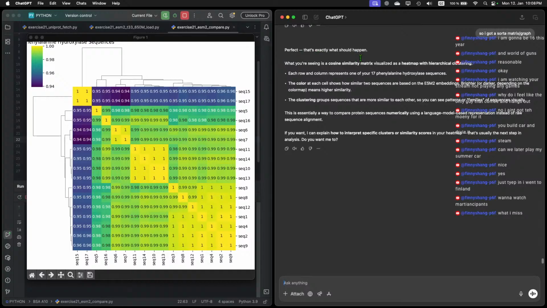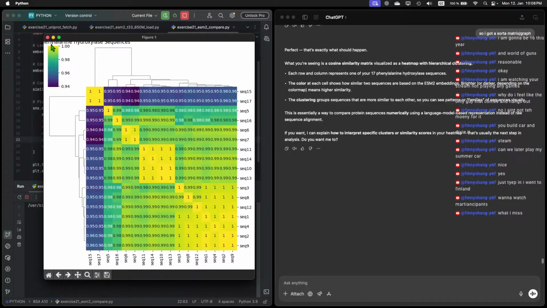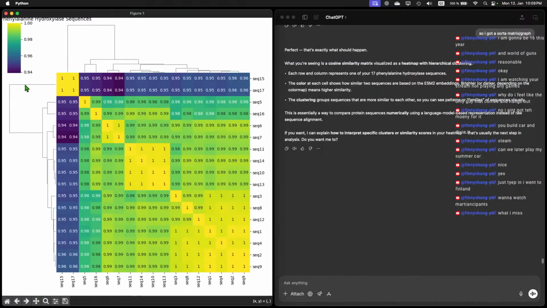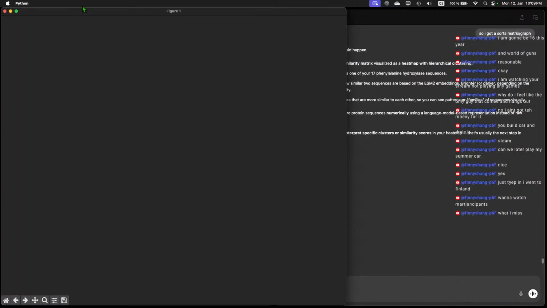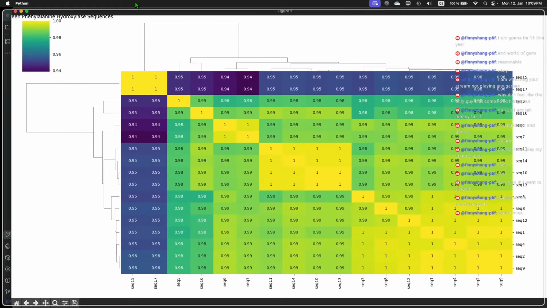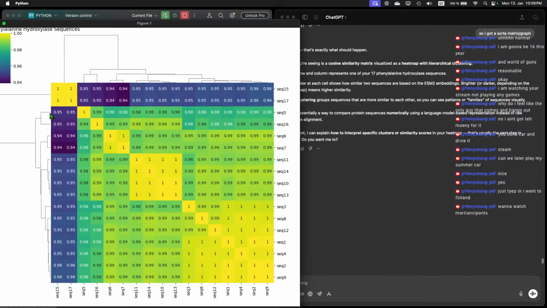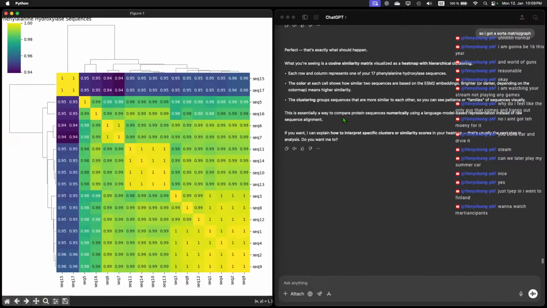Perfect. This is exactly what should happen. You're seeing a cosine similarity matrix visualized as a heat map. Okay, I can't read the whole thing, but I get it. Phenylalanine hydroxylase sequence. So each row and column represents one of your phenyl